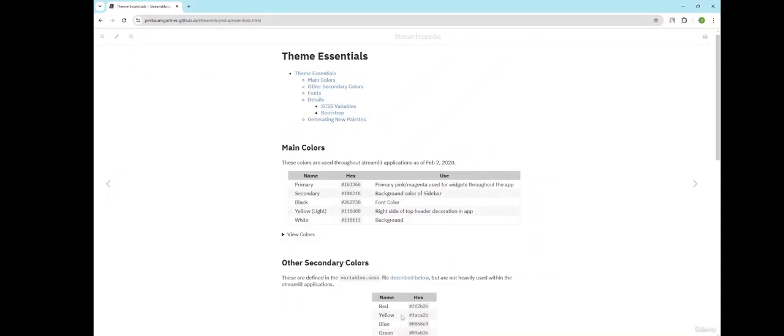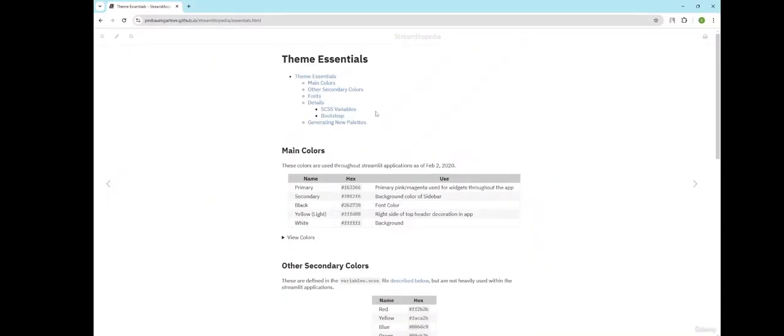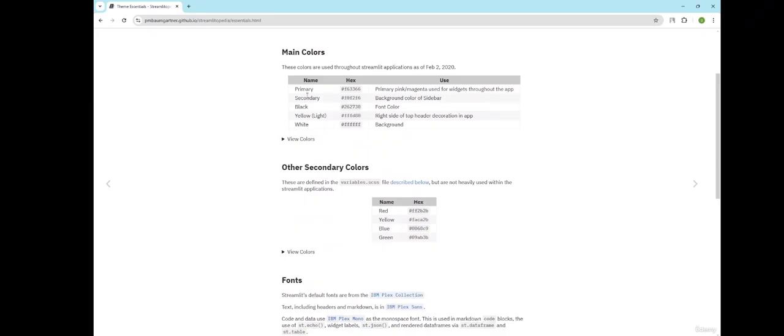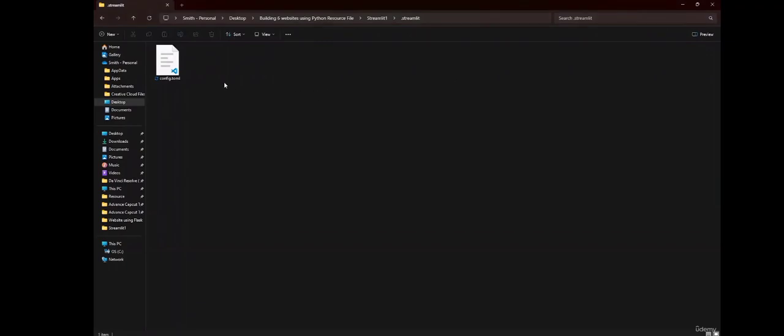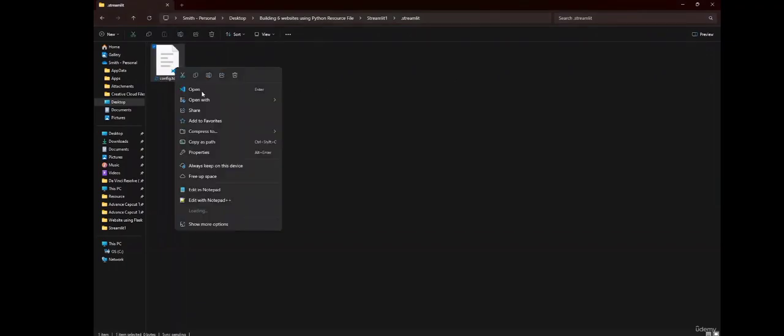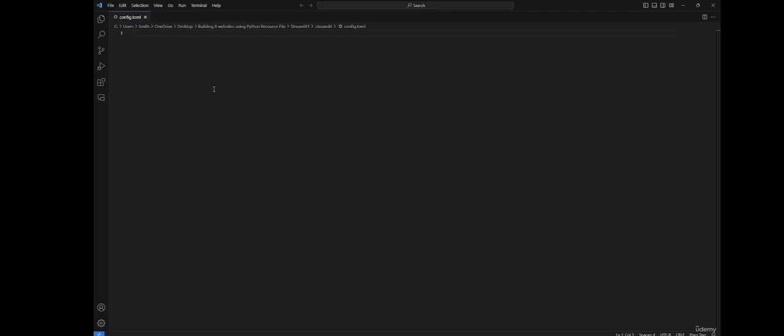Okay, so you guys can just come here and check over here that they do have these colors used throughout the Streamlit application. These are a few of the color codes, and I'll also show you how you can use those color codes. Let's right click, let's click on open,